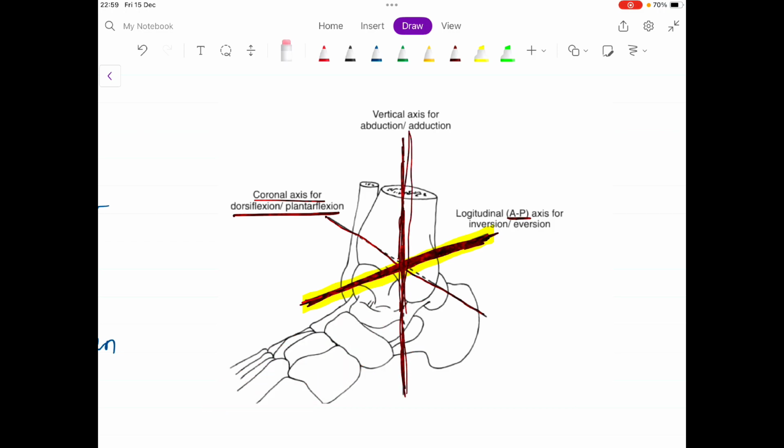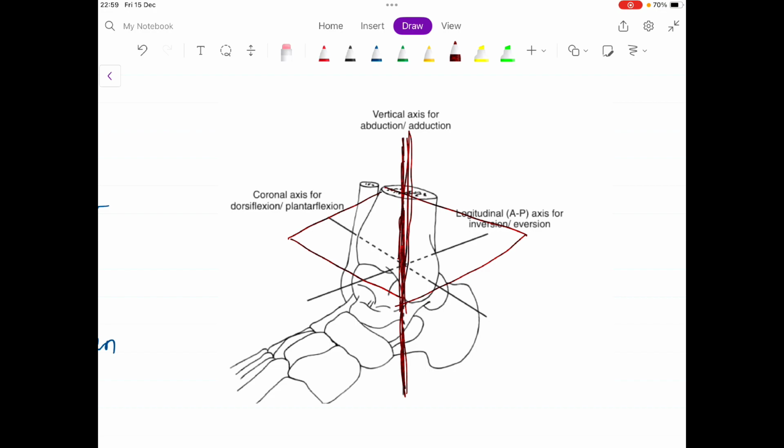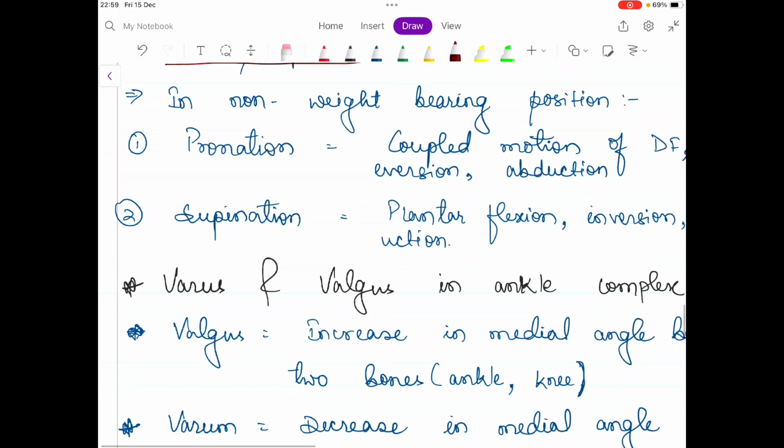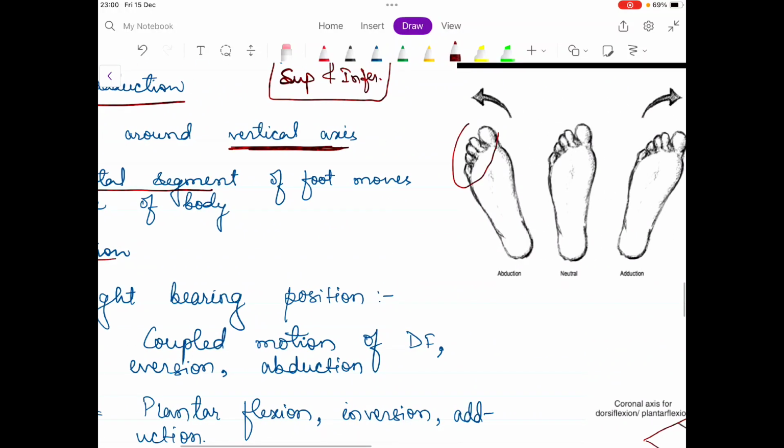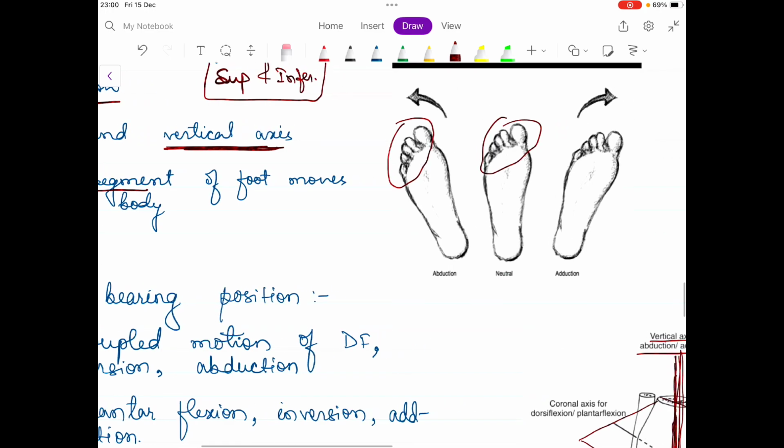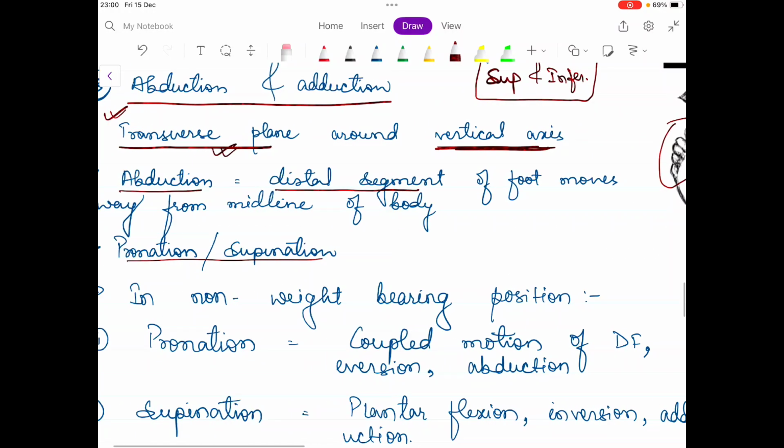This line here is the vertical axis and it is perpendicular to the transverse plane, because the transverse plane will be somewhat like this. So it is perpendicular, and this vertical axis is for abduction and adduction. Now let's understand how this movement occurs. In abduction, the distal segment of the foot, this one is the distal segment of the foot, will move